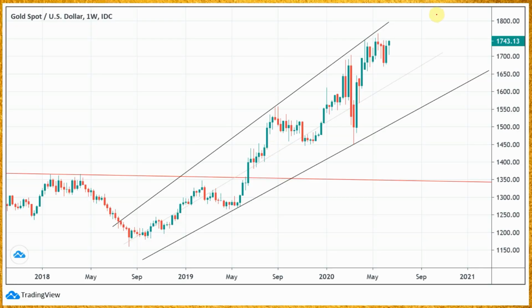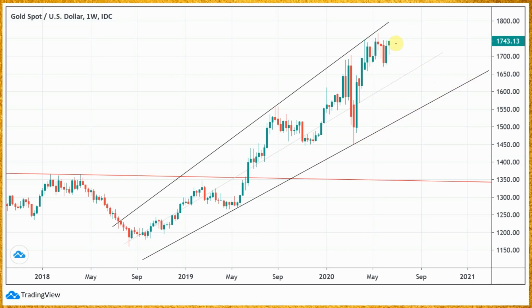So next up, the market update. Let's start with gold priced in US dollars on the weekly scale. And yet again, not a huge amount has happened in terms of the gold price. So for the past 2 months we can see that we've really been moving sideways. But that's not necessarily a bad thing. This is giving the gold price a bit of a breather. And actually, the longer it stays up at these kinds of levels, the higher the lowest price point is going to be, because we've got this upward sloping trend line here.